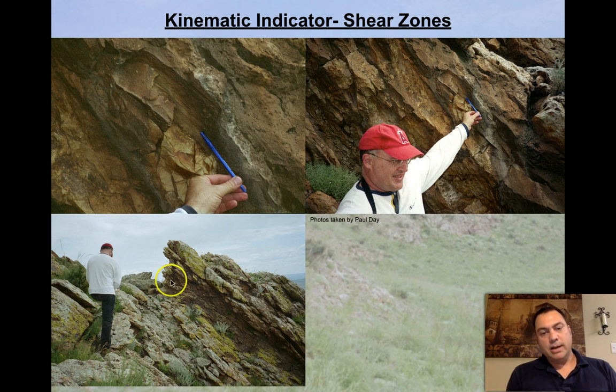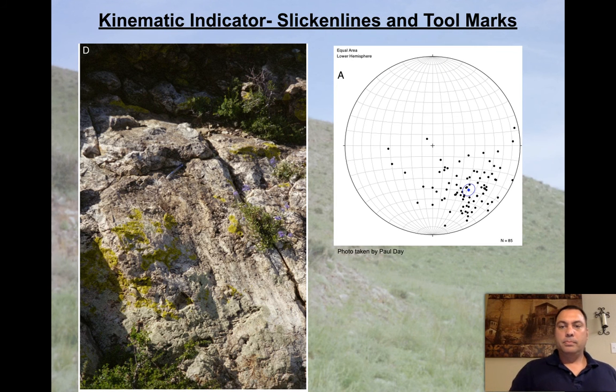So this is probably a shear zone, and when we looked at it in detail, we found slickenlines, and here we see Tom showing the size of those slickenlines on the bottom of that outcrop. Tool marks and slickenlines were definitely the most helpful thing for us to go out and measure, and sure enough, here we find a really great surface off the fault. This is actually where one of the dikes had been